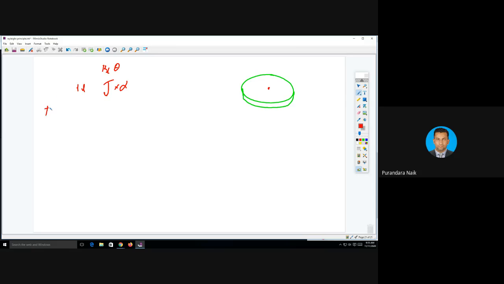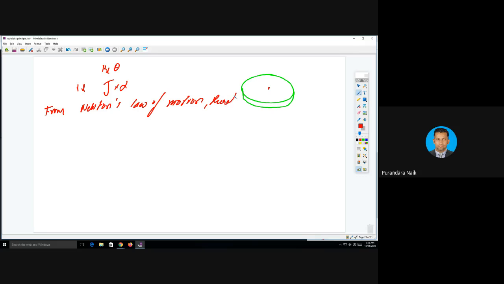Next line, from Newton's law of motion, or it is called the equilibrium method,